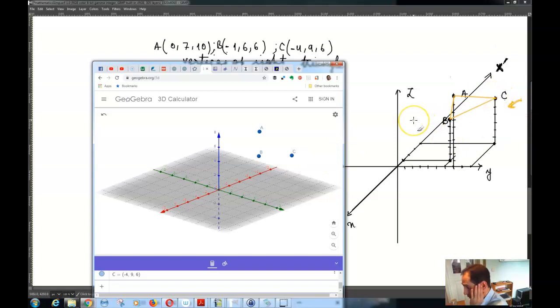But the problem is that point C right now is up here, but over here the point C is down here, meaning that I'm seeing the point C over here as having kind of the same elevation as point B, but point C over here is up here. Let me take a look at the